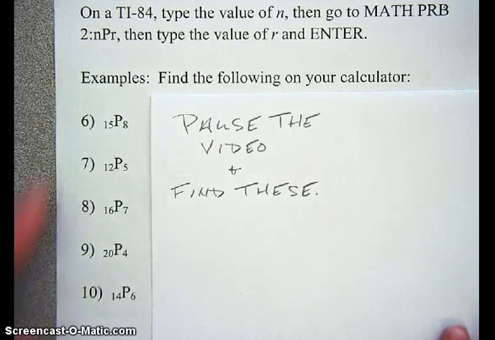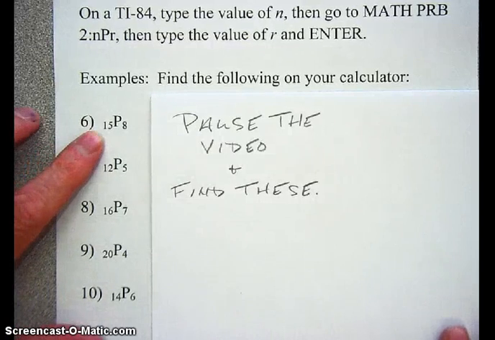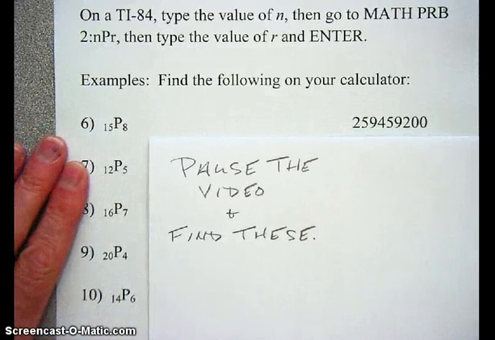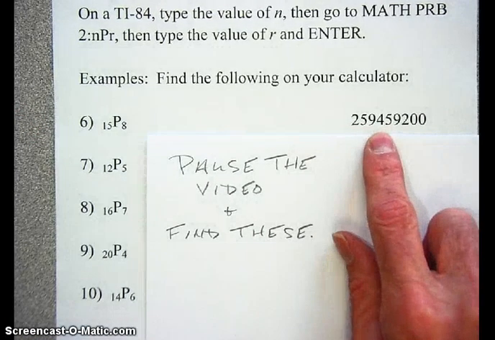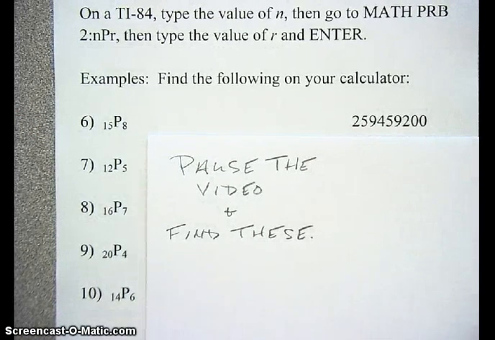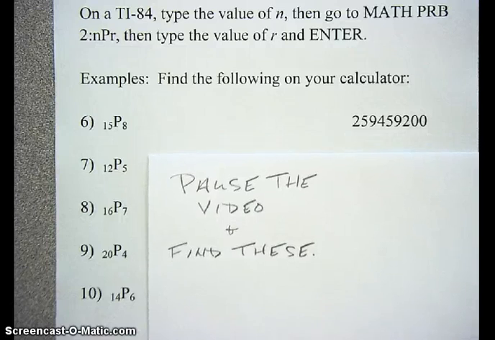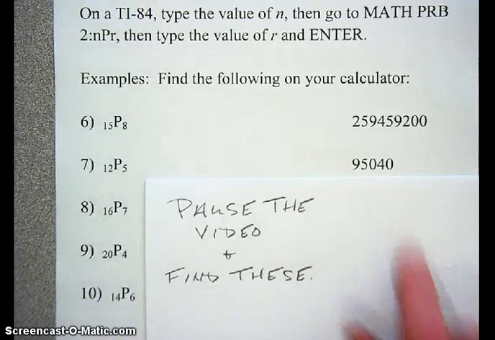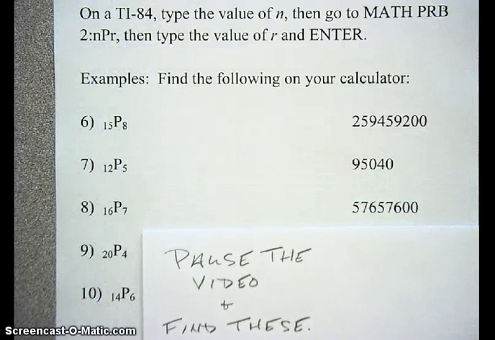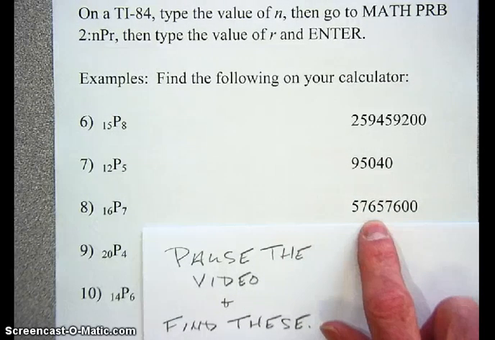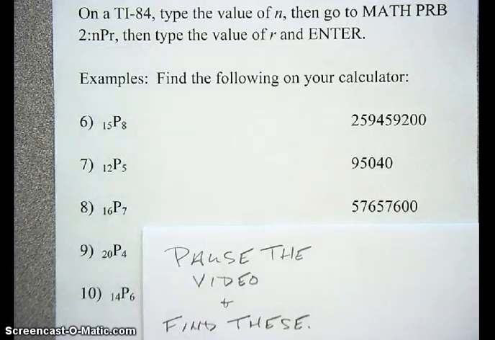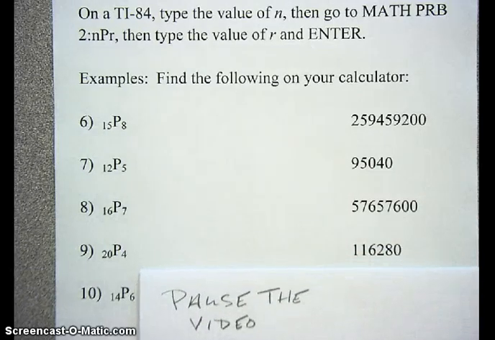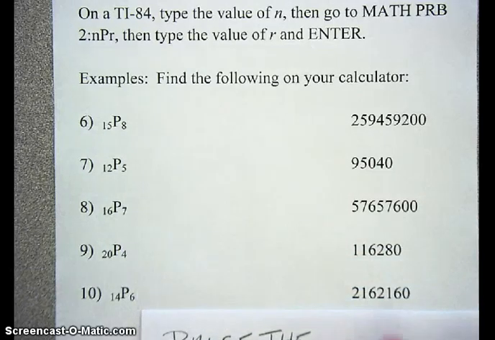Okay, welcome back. 15P8, the number of permutations of 15 objects taken 8 at a time, is quite large: 259,459,200. Yes, these numbers can get quite big. When you're working with factorials, that tends to happen. 12P5 is 95,040. 16P7 is 57,657,600. 20P4 is 116,280, and 14P6 is